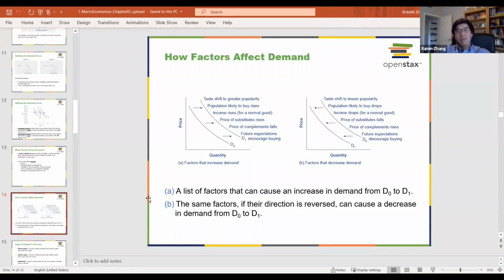If we're talking about shifting of the demand curve, as I said, it can be to the right, and also it can be to the left. It depends on increased income or decreased income, right? Most of the time, a shift to the left means a decrease. Why? Because at the same price, you have lowered your quantity demanded, so that means it's reduced.